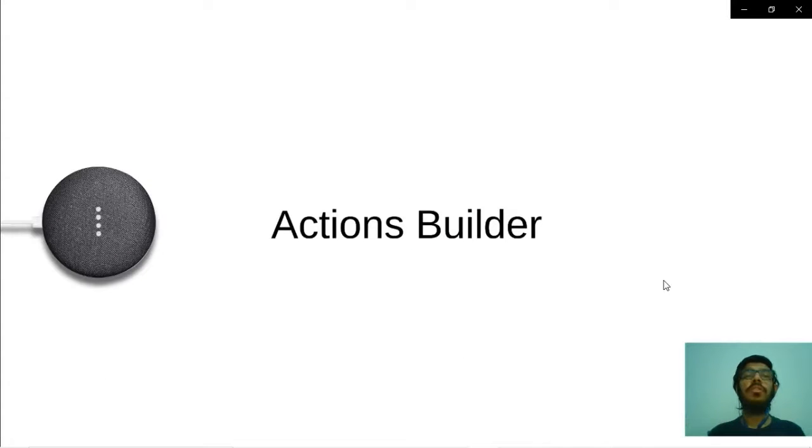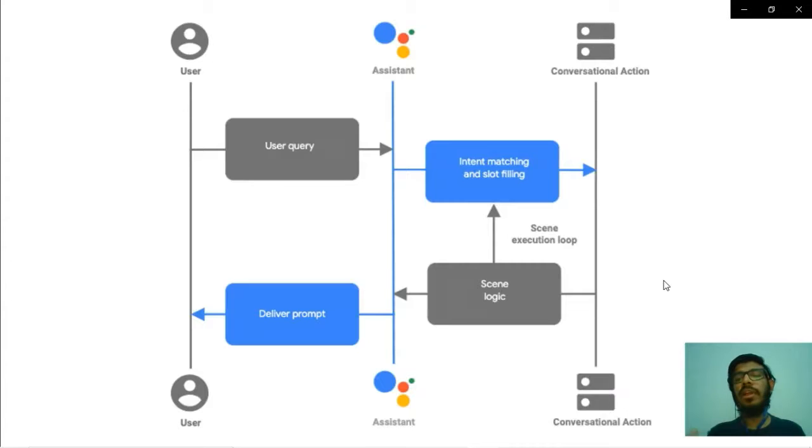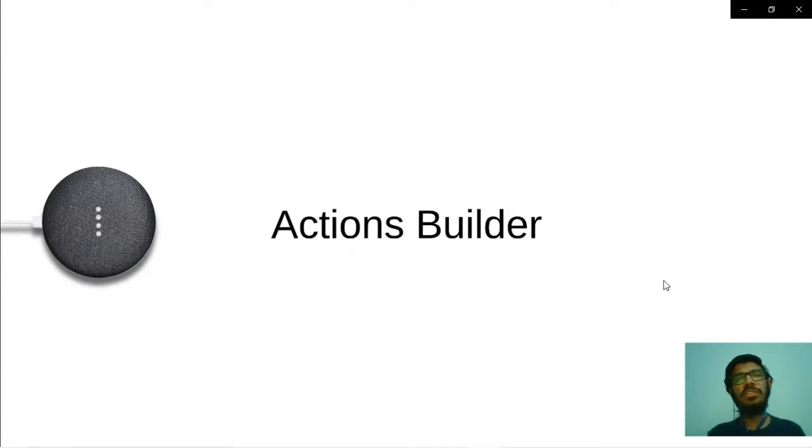So the new way involves Actions Builder. Actions Builder is a new tool for developing actions for Google Assistant. Let me give you a brief on what exactly Actions Builder is. It's basically a web-based tool. It's a GUI, graphical user interface, that allows you to develop, design, and test your various conversations on this platform. So it's basically a tool for developing actions on Google. You can even visualize how the conversation is going, and you can do all of that in this tool. So let's learn more about that.